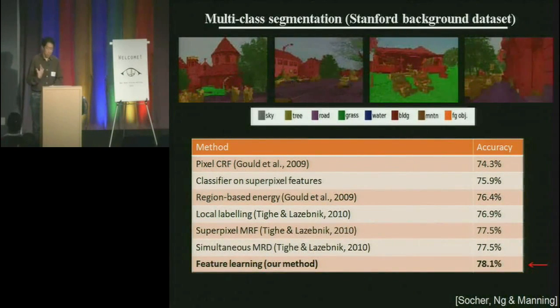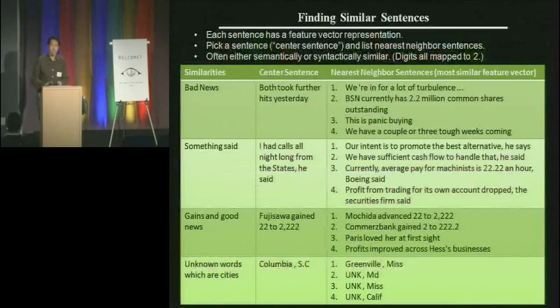It wasn't collected by me. This is data collected by Stephen Gould as part of his thesis work. And he actually had a pretty darn complicated model for his thesis work, and these learned features outperform that. Just to wrap up, just applying the same ideas to text, each sentence has a feature vector